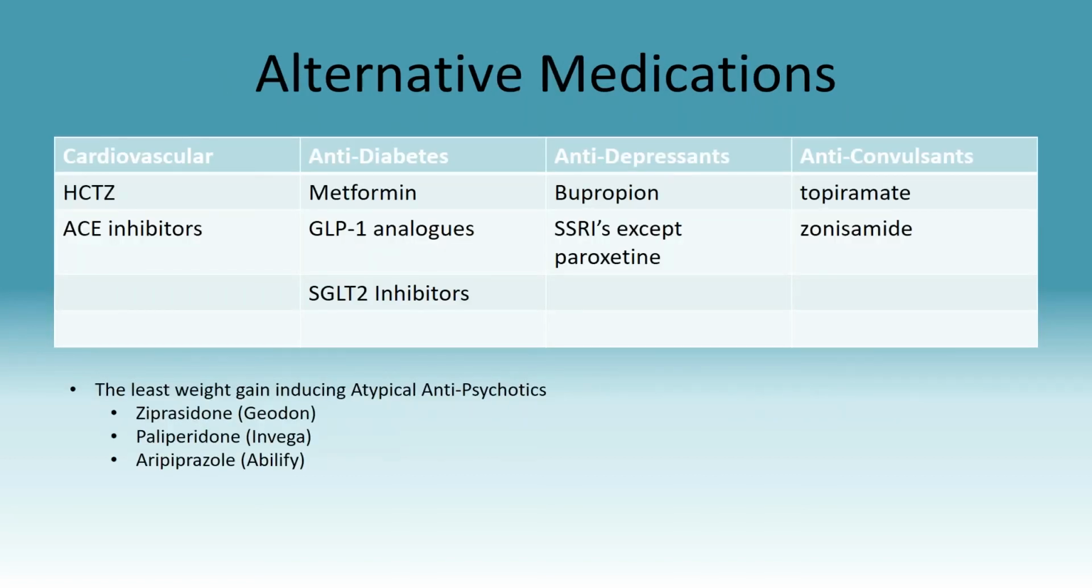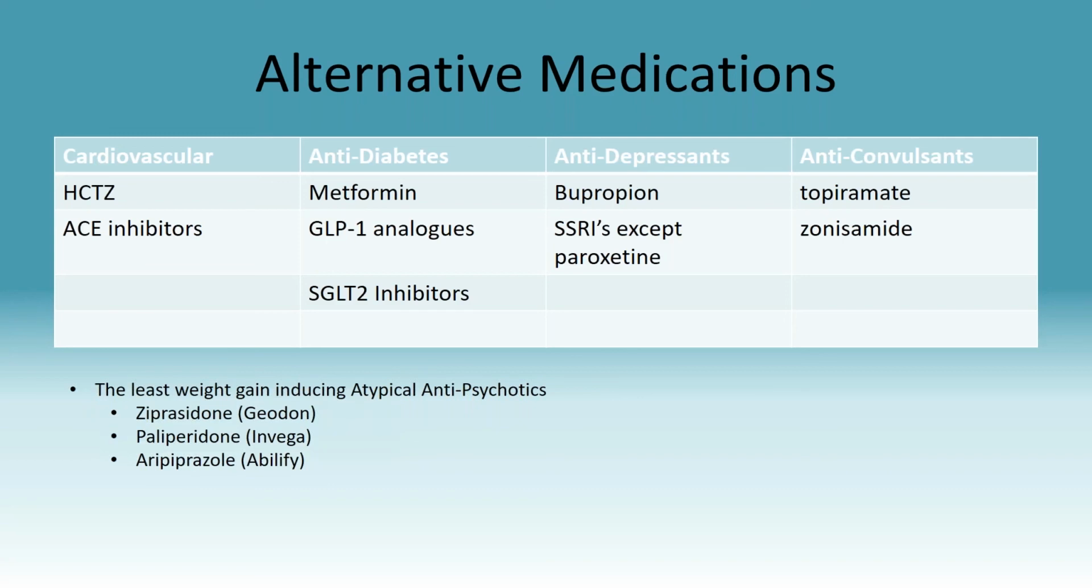So some alternative medications. And not all of these medications cause weight loss. Some of them are just weight stable. So in terms of the cardiovascular medications, hydrochlorothiazide, ACE inhibitors, ARBs, these medications are typically weight stable. So they don't really cause any increase in weight or decrease in weight. And so they may be a good alternative to somebody who has gained weight on a beta blocker or calcium